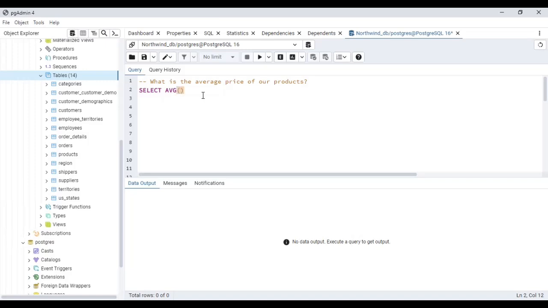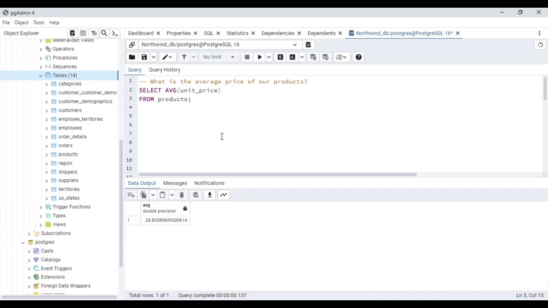And we have been working with this database for a while, so I know that the price is going to be in the column that is named unit price. So unit price from products,